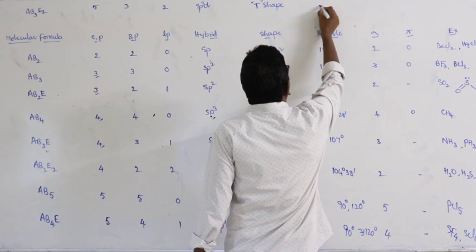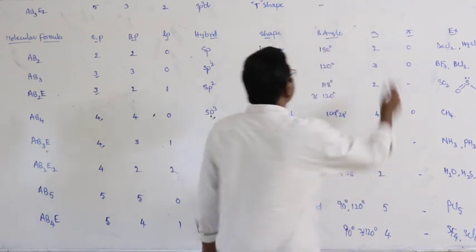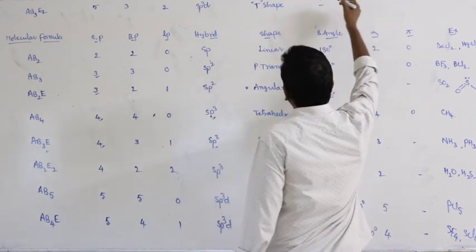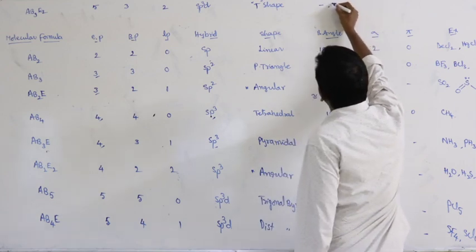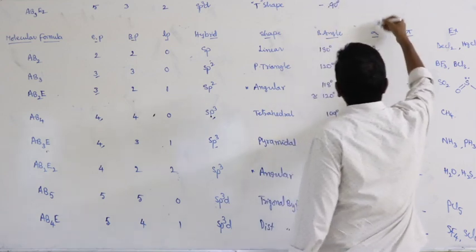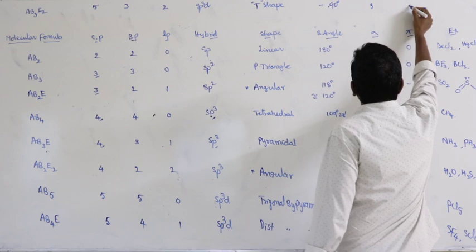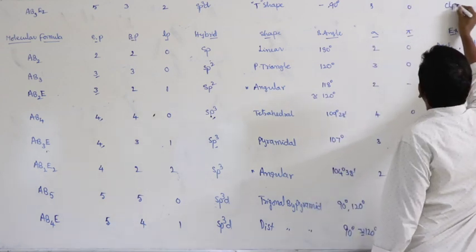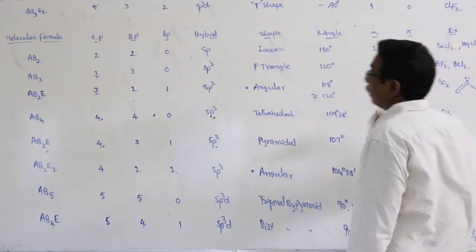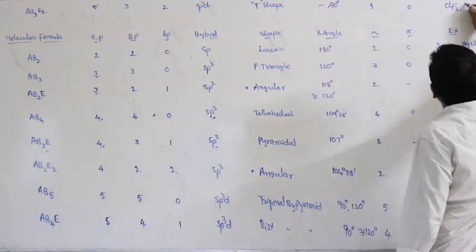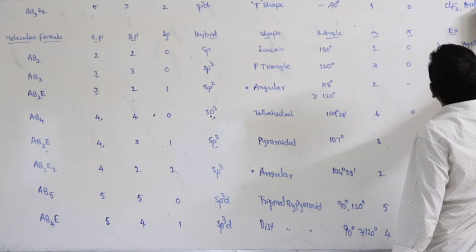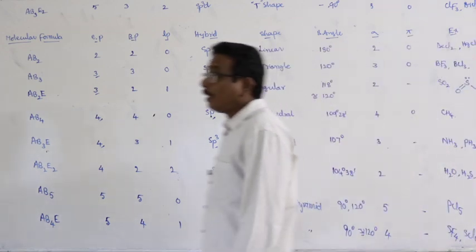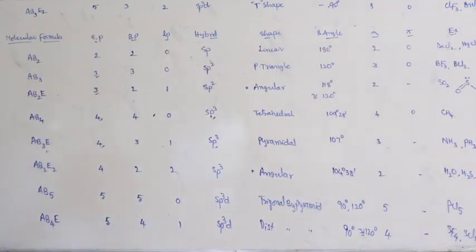Bond angles are not clearly given, and one bond angle is constant, that is 90 degrees. Sigma bonds 3, pi bonds 0. Examples: ClF3, chlorine trifluoride, BrCl3. Next,